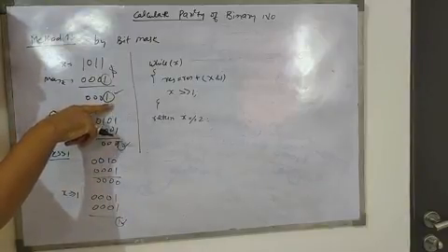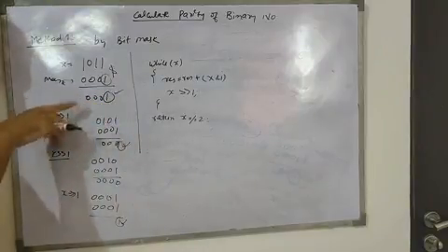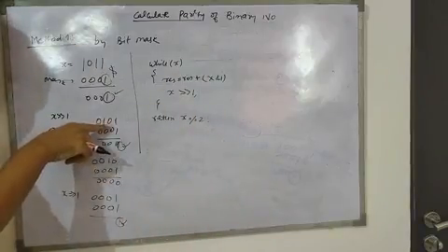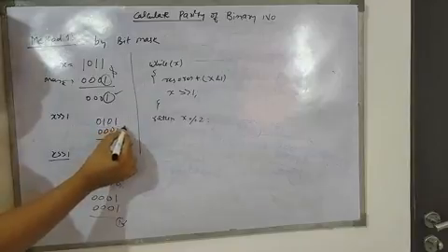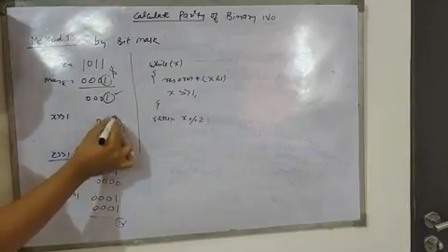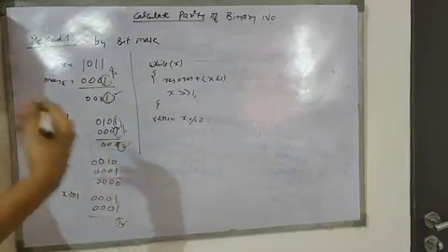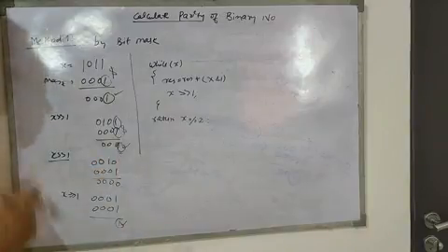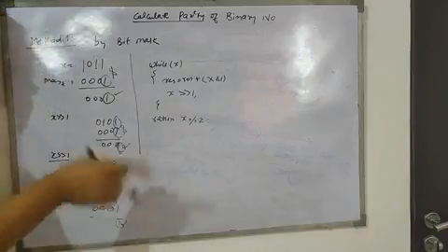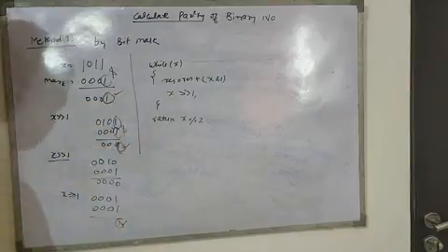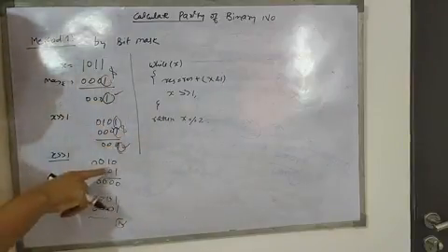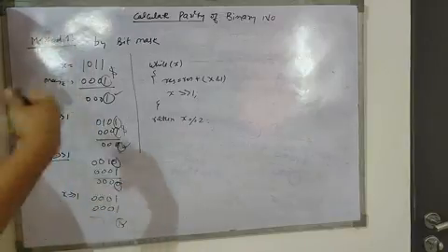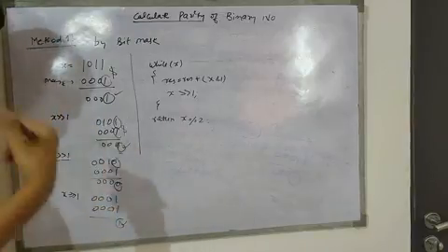Then I will add this into a result. Again I will shift this number to the right by 1, then this will be 0101. Again I do a bit mask to extract the LSB. So the bit mask is used to extract the last LSB. Again it will give me the 1. I will add this 1 into the result, so 1 plus 1 will be 2. Again I will do a right shift and extract the last digit, so this is 0. Add this 0 into the result, 2 plus 0 will be 2.